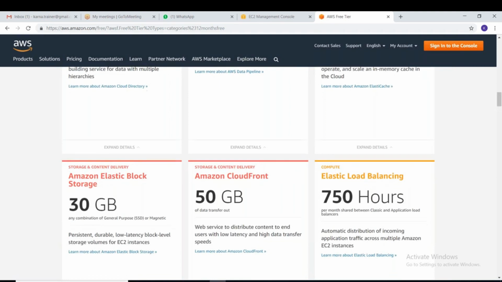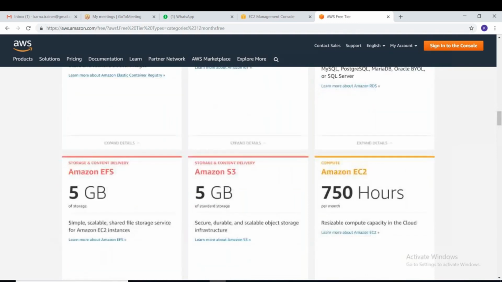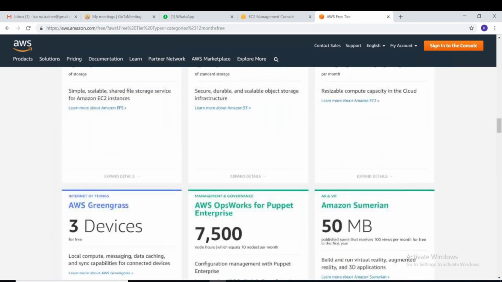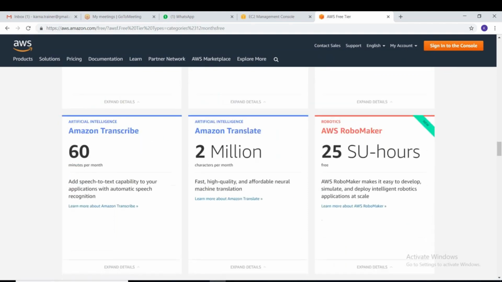So be careful while creating the EMR service. I'm not going to create an EMR now. I'm going to show you how to create EC2, and maybe tomorrow I will show you how to create an EMR cluster, where we have Hadoop and Spark everything installed, and we'll try to run an application on that.